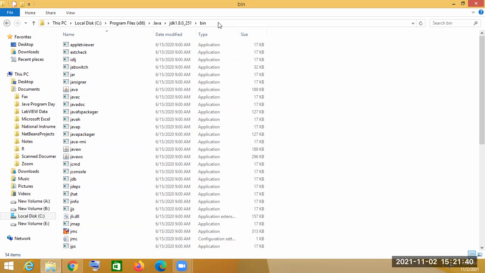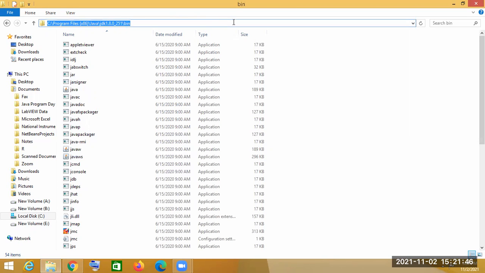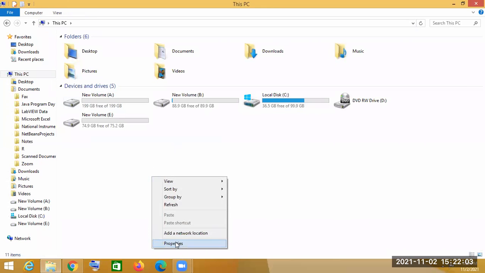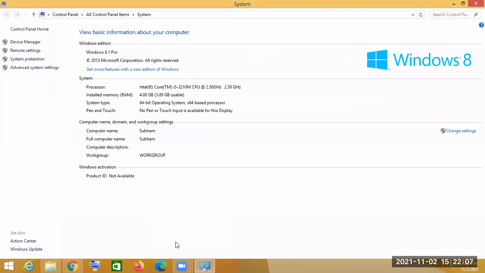After that, click on the address bar and you will see a path is given. You have to copy that path and go to the properties, or from the control panel to the system properties.